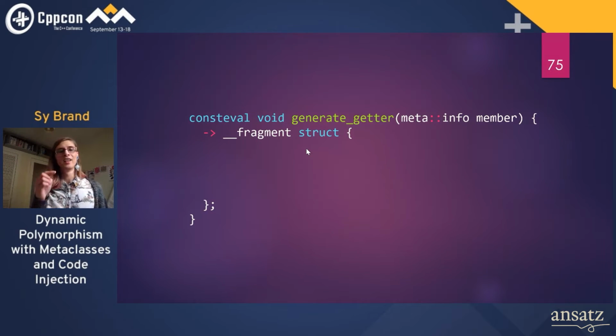So I could say underscore underscore fragment struct, and then I could put private inside the braces, and that would change the visibility of those getters. Question is, how is injected code stepped in during a debug session? So this is an open tooling question. So there are, in the version of the compiler which Lock3 is working on,